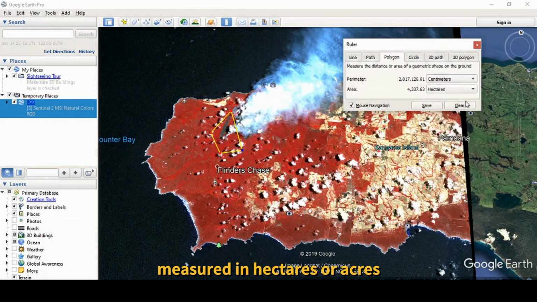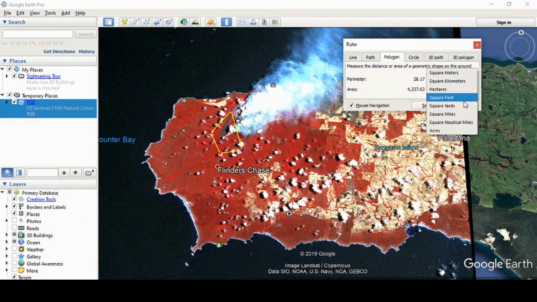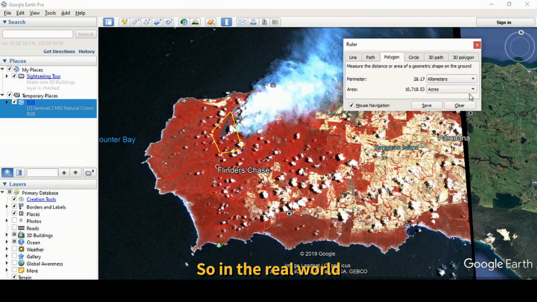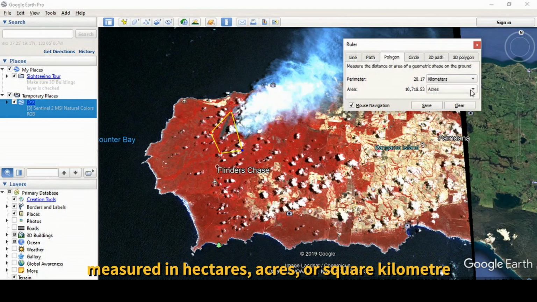So what about the hectare, and maybe around this region is over 4,000 hectares. Also you can calculate the perimeter quickly. So in the real world, usually they use the acre or hectare or square kilometer. Yeah, that's it.